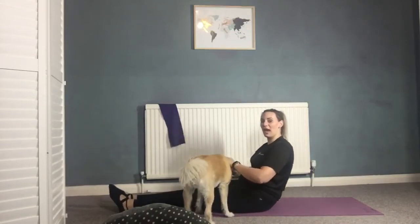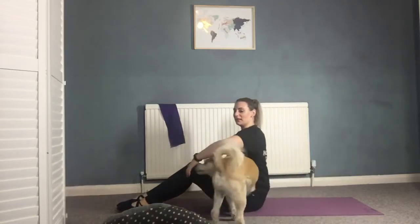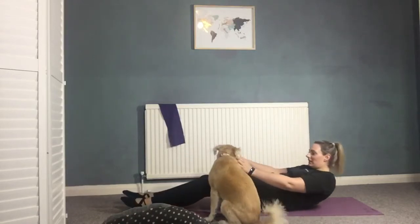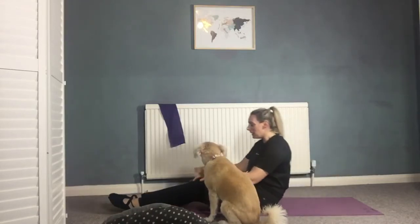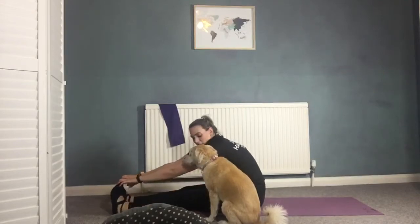Keep building if you can. Do use the back of your thighs to help bring you back up if you need it. Last one. Inhale, tilting back. And exhale, coming up. And just stretching over the legs towards your toes. Reaching for them